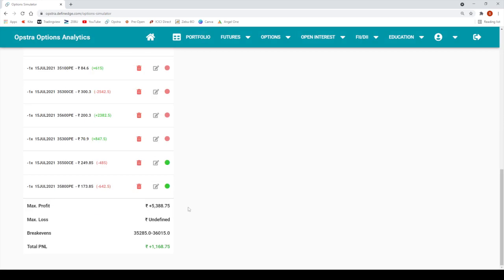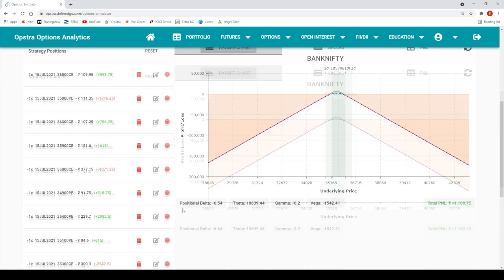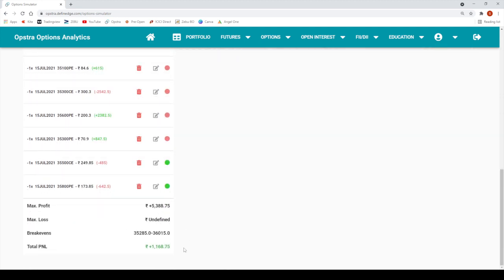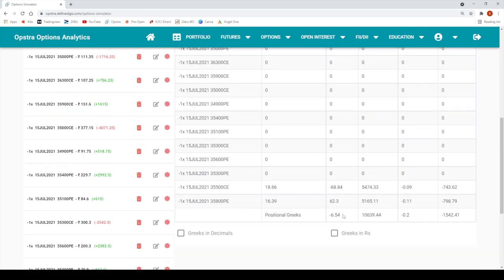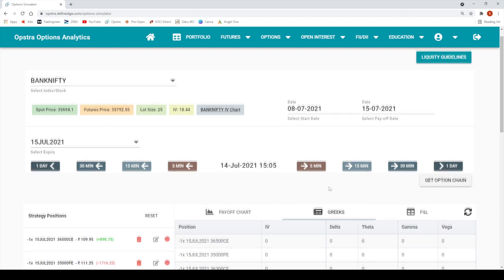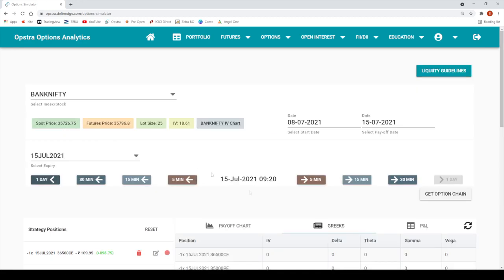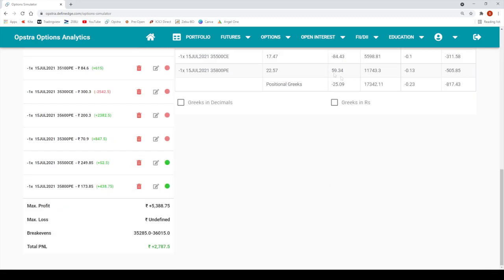So since we have adjusted more, whatever profit as of now, you can close the trade, or you can go forward and if anything goes wrong, you can close the trade. Okay, market is at same place. So 35,720, again mismatch happened. So at this point we can close the trade because we already got around 3,000 rupees.